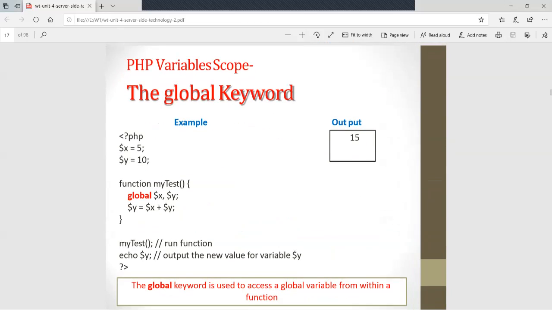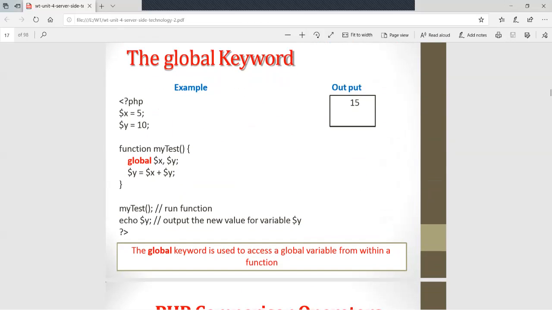Then the global keyword: you can initialize a variable by using the keyword global. A keyword is nothing but a word which is built in and defined in your language compiler. These can be used as they are, but we cannot use keywords as a variable name.